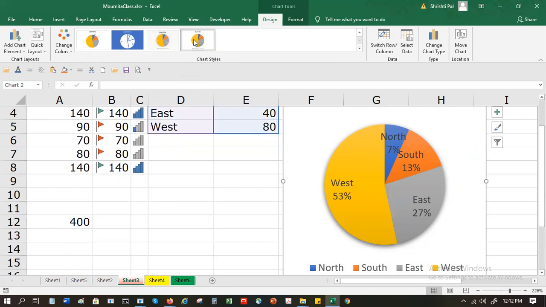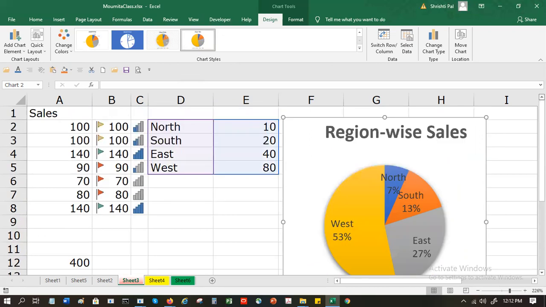So basically, first I have to highlight those cells which I want in that pie chart. This is an easier option. And this is the other option you just showed me now.